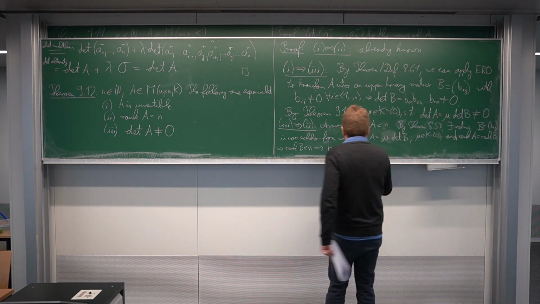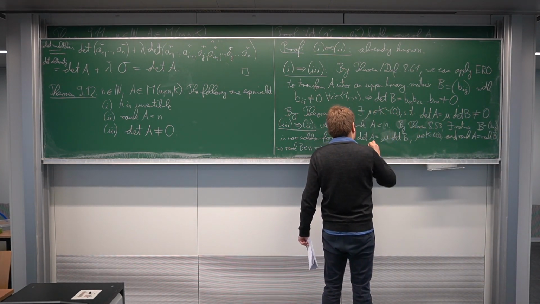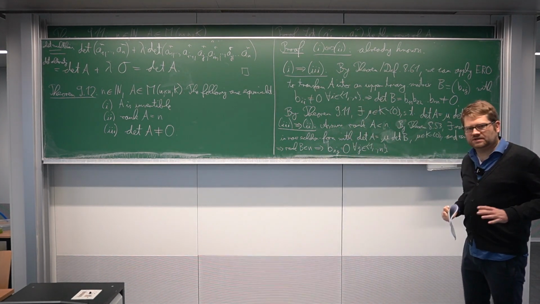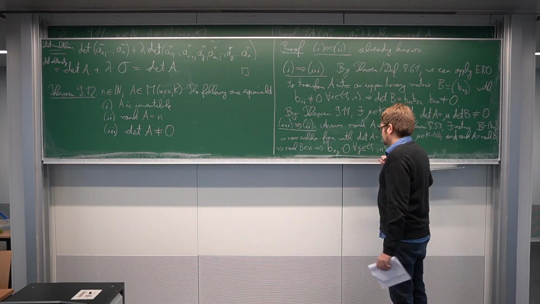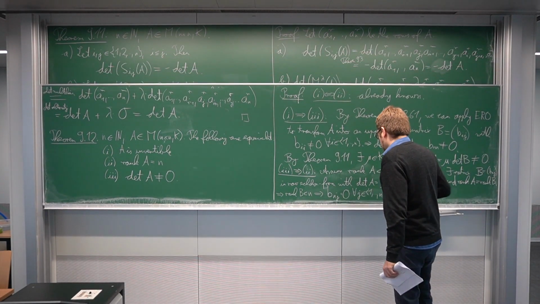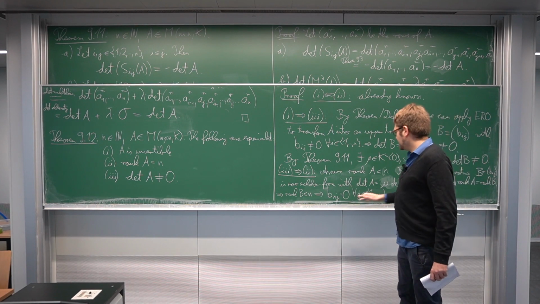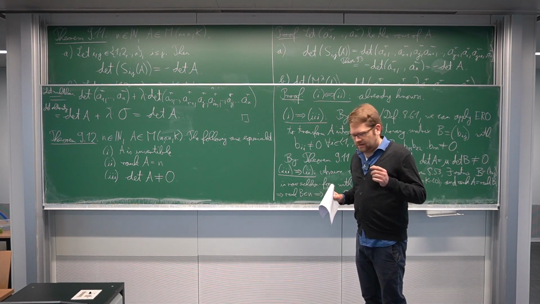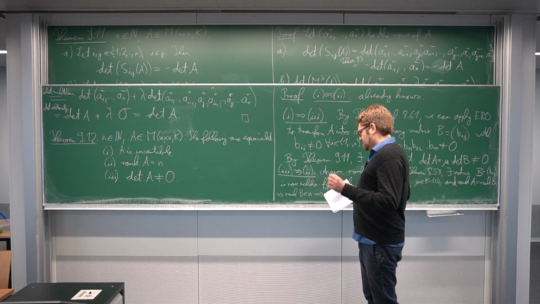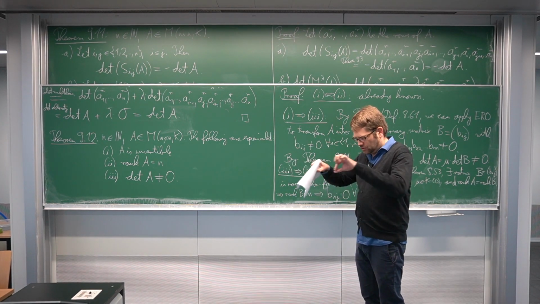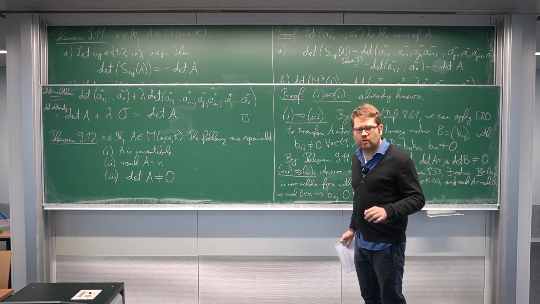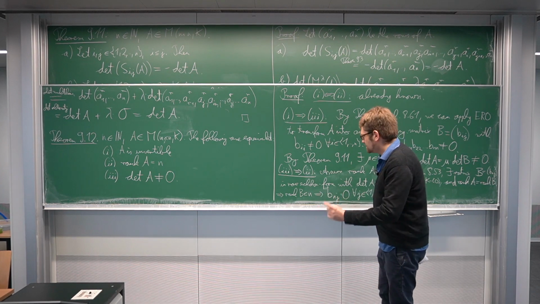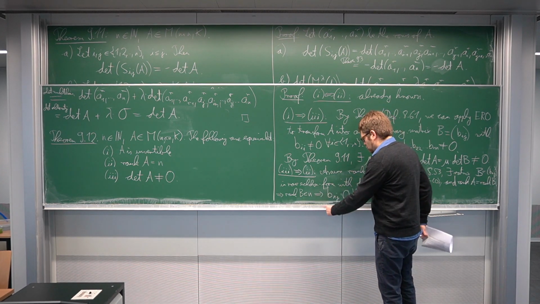So the Bnj must be 0 for all j between 1 and n. But if we take a look at the determinant, what happens in the determinant? In the explicit formula, remember that in each of these summands, in this product of the entries, we had one entry from each row and one from each column. But this means every summand of the determinant must contain one element from the last row, but they are